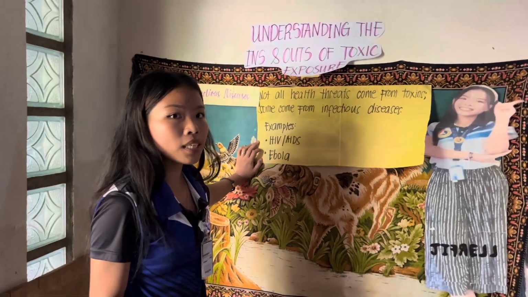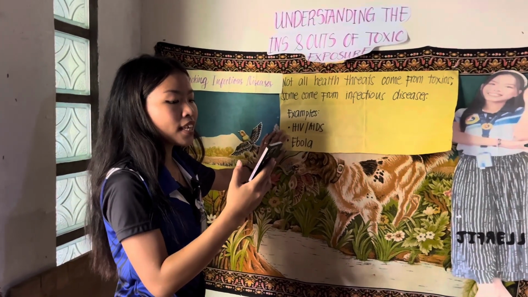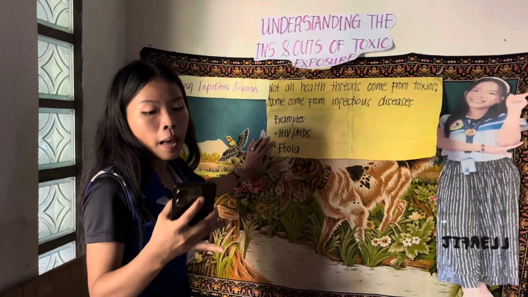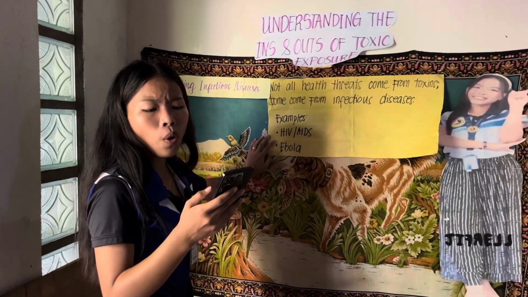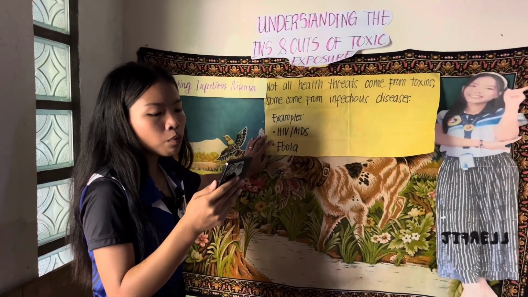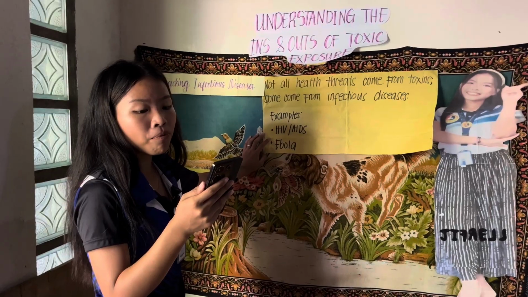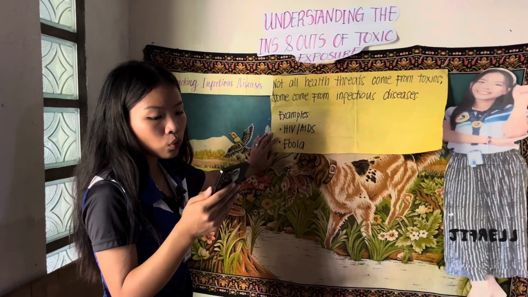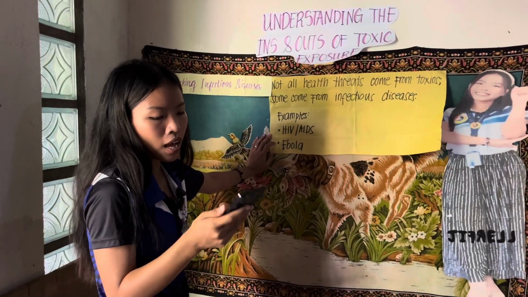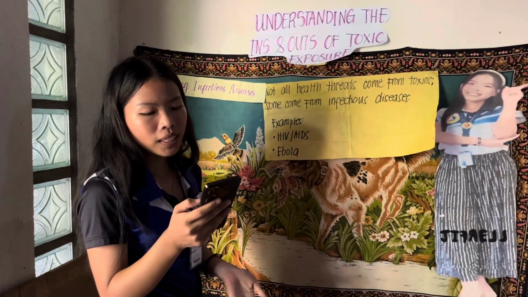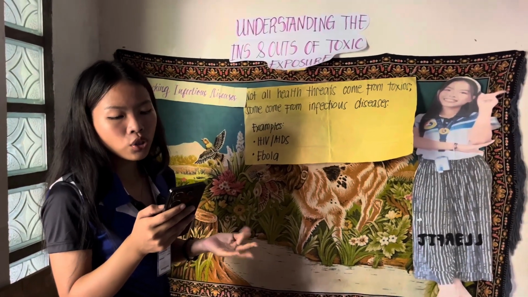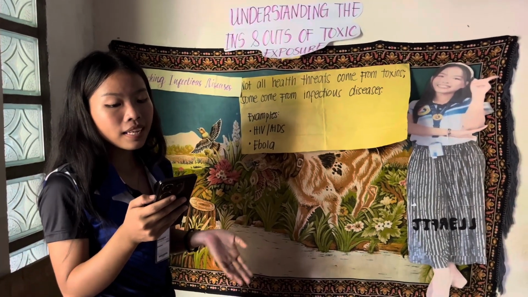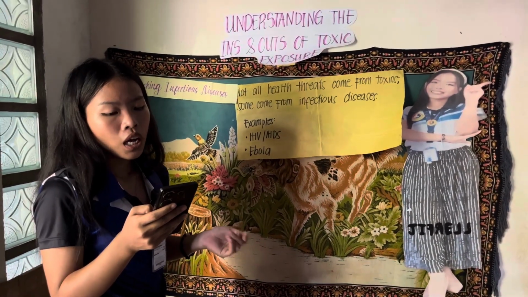And next one is Ebola. Ebola is a serious and often deadly viral disease. It causes fever, bleeding, and organ failure. So how does it spread? It spreads through direct contact with bodily fluids of infected people and contact with contaminated objects. And why is tracking important? Ebola spreads quickly during outbreaks. Early detection can save lives and helps isolate cases and protect healthcare workers.